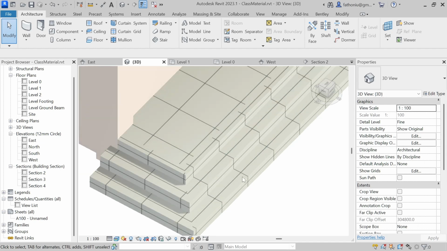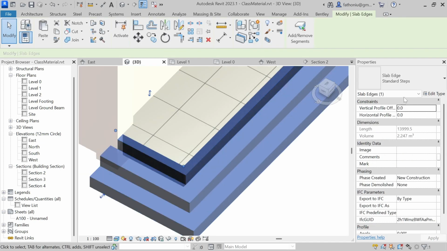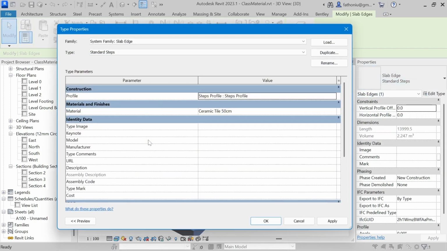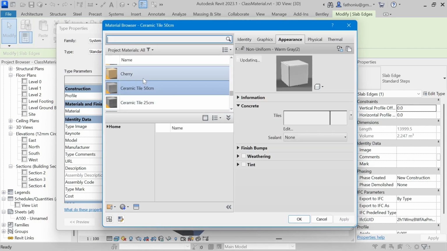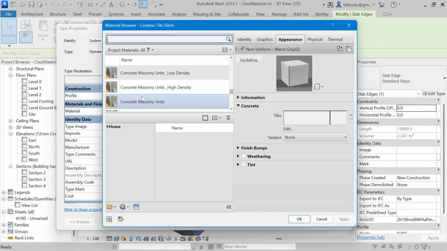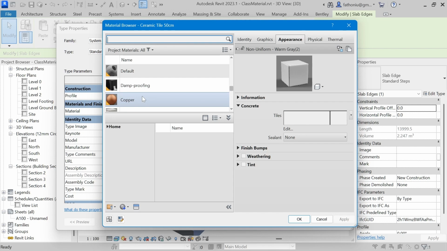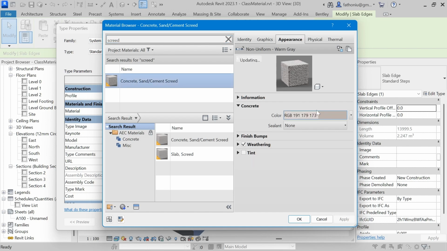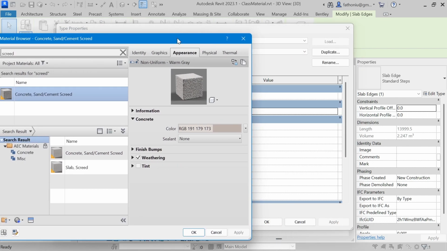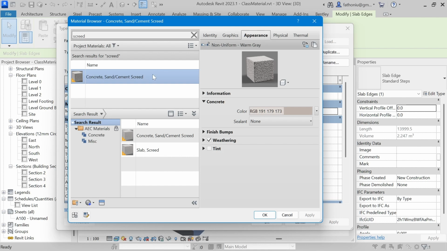So okay, I think this is good as well. Let me see here, edit type here, and then rather than that one, maybe we can change to plaster or screed like this,